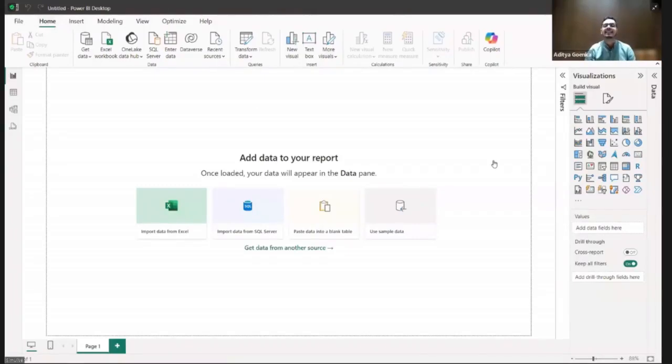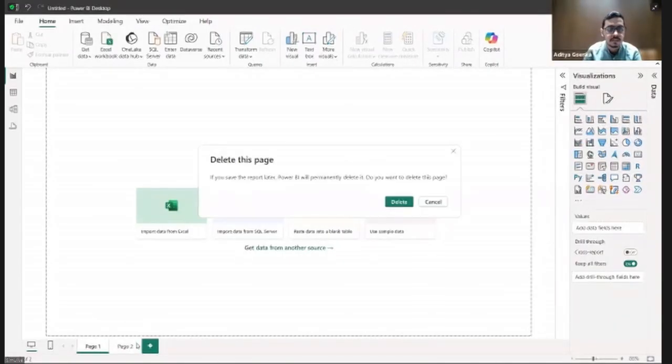With mobile, etc., like this, you'll be seeing a lot of groups. Okay? You'll see a lot of groups over here. So what we'll be doing, and this is just theoretical stuff, I'm just sharing it with you so that we are all on the same page. Then over here you can add more pages as well. If you want to work on 2 pages, you can add more pages as well.